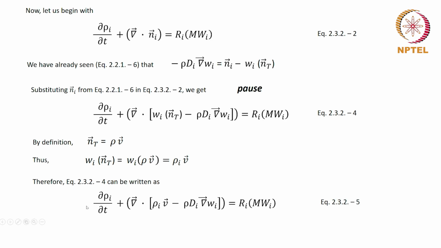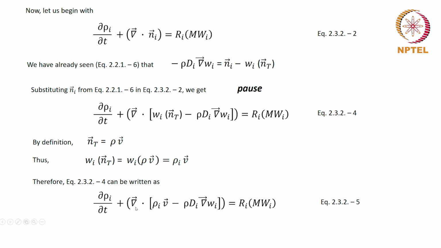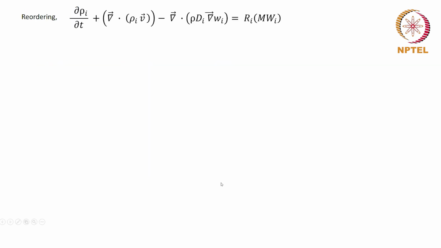If you reorder this equation and take the various terms, you know this, right? This is del dot rho_i times v. Rho_i is not a constant here, and therefore this is a product of two functions. So we are taking the derivative in 3 dimensions, and therefore it is the first function times the derivative of the second function, plus the second function times the derivative of the first, and so on, and therefore we get, okay,